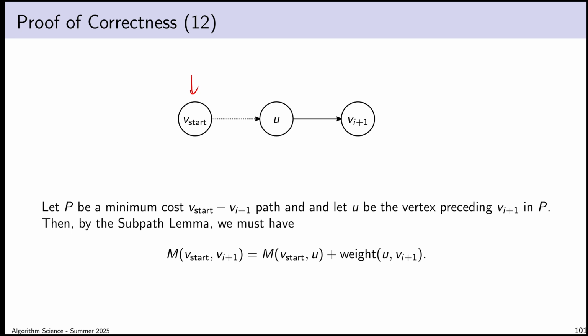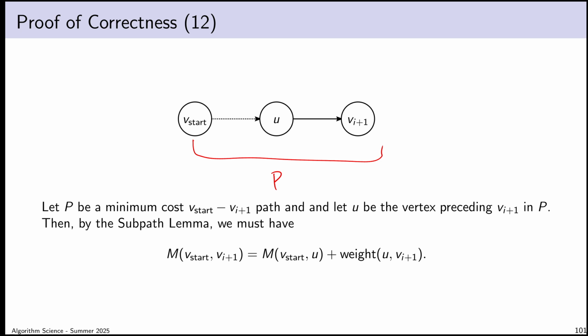That's the thing we're trying to prove with this proof. So I'm not allowed to say, consider the path in the tree, which is a minimum cost path, because I don't know that that's a minimum cost path yet. So instead I'll say, because I know that there is at least one path, there must be a minimum cost path. Let's call that path P. And I'm not allowed to assume anything about the structure of P beyond what I can directly prove here.